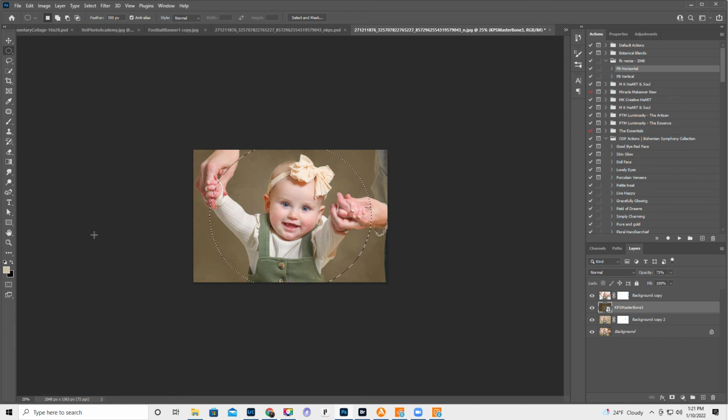Now in a seamless motion, you're going to go Control Shift I or Command Shift I, Control J. That puts the background layer, and we're going to switch it to multiply. So you can see it just kind of darkens the edges, but I don't want it that dark. So we're going to lower it to 48%, I don't know. Then what I usually do is put a layer mask on that and get a black brush